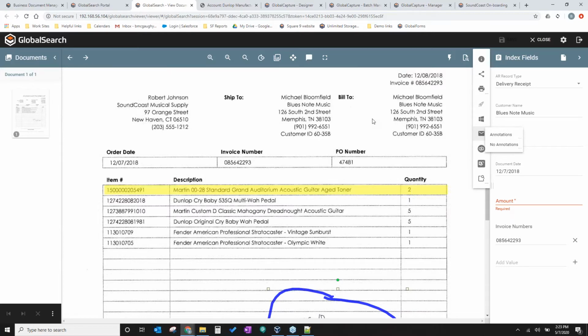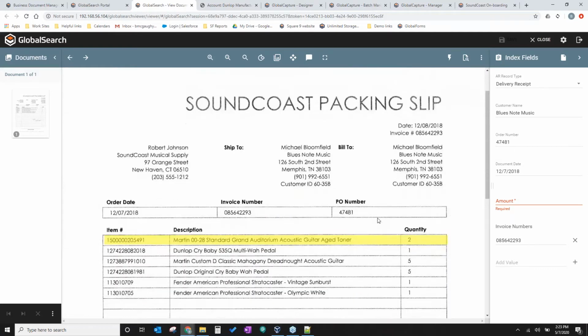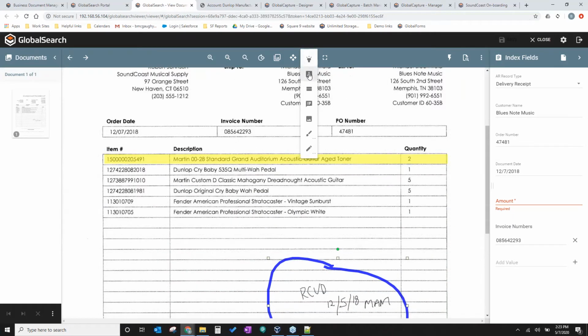Now, while I'm adding these annotations, maybe I'd like to add something else to this, like a post-it note.